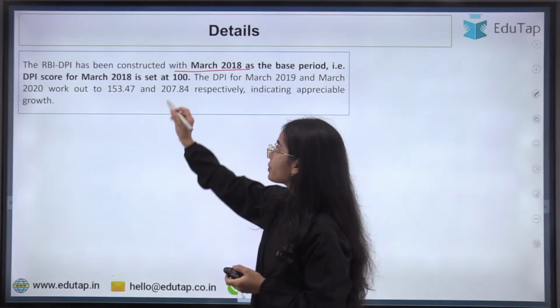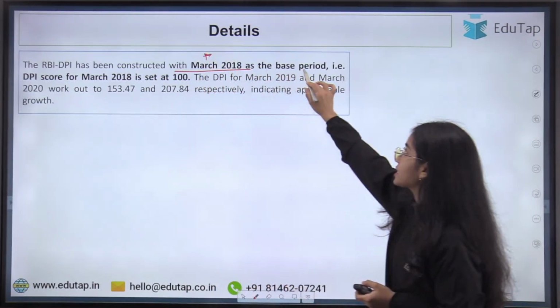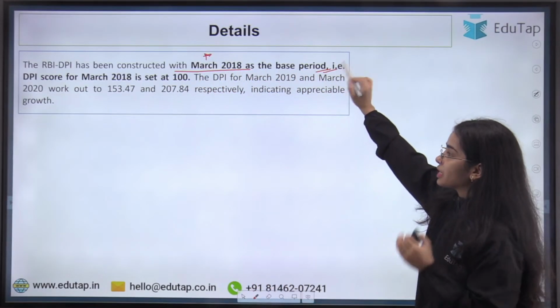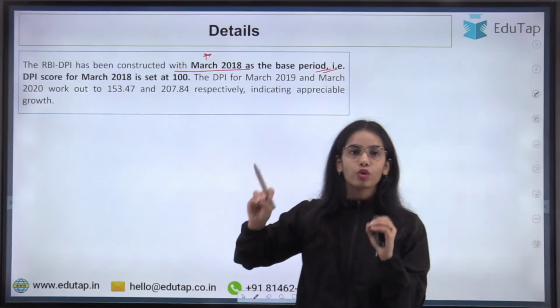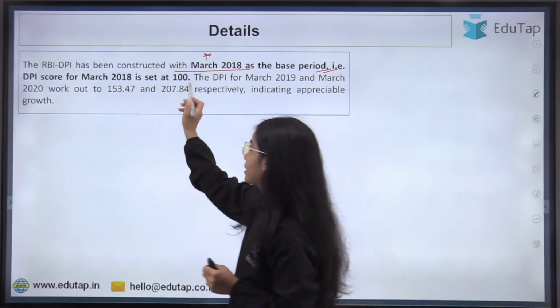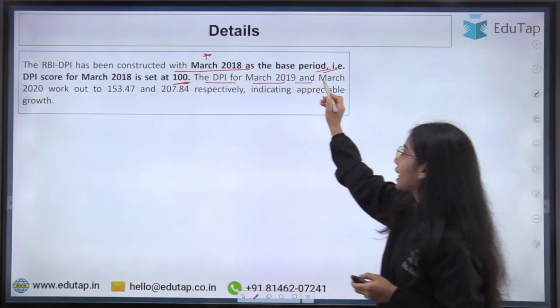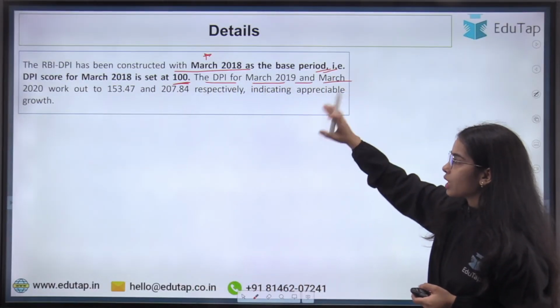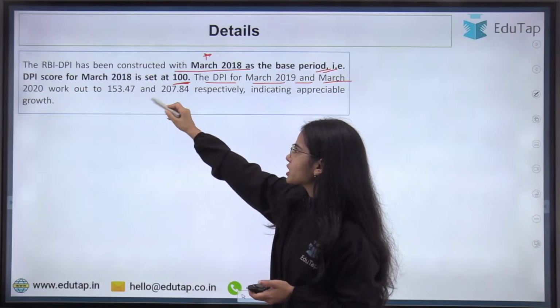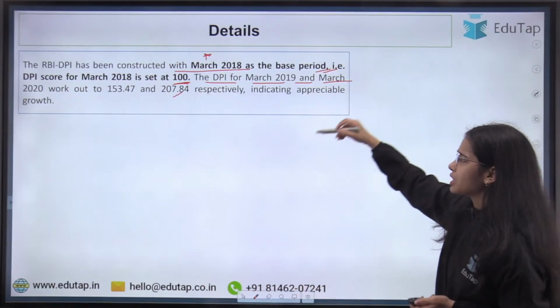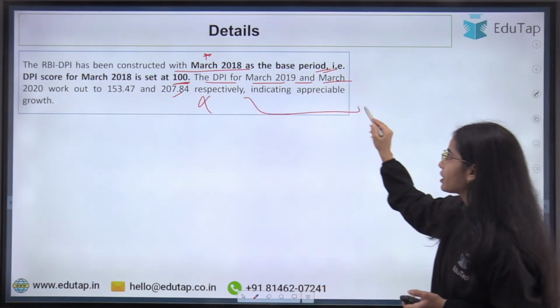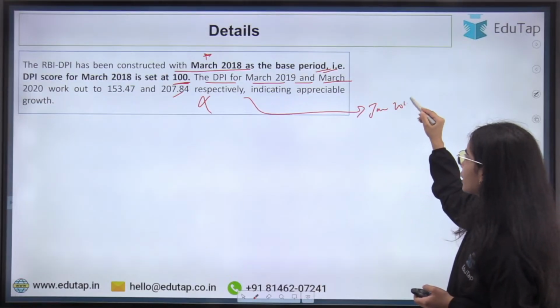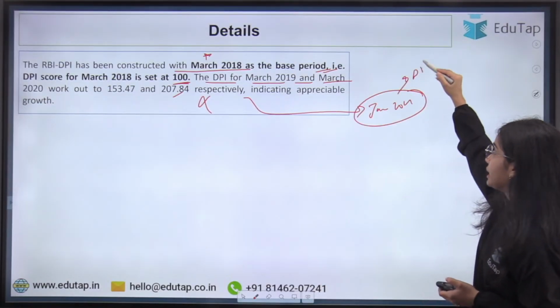Okay, so RBI DPI has been constructed with March 2018 as the base year, as the base period. That is, the digital payment score for March 2018 is set at 100. Now the DPI for March 2019 and March 2020 work out to be 153.47 and 207.84. These numbers you do not have to remember, but remember that in January 2021, when the digital payment index was